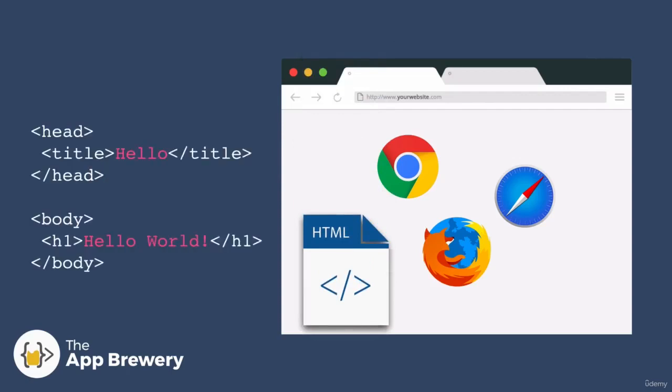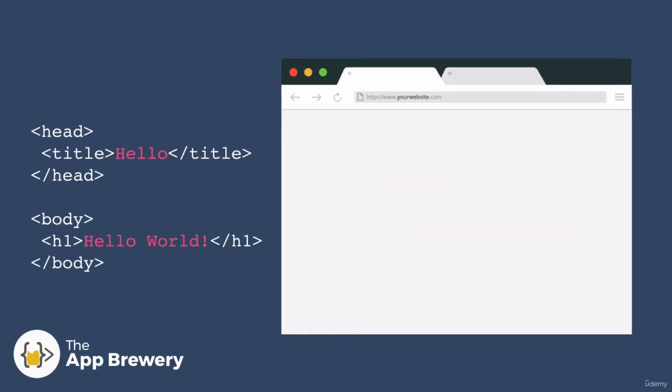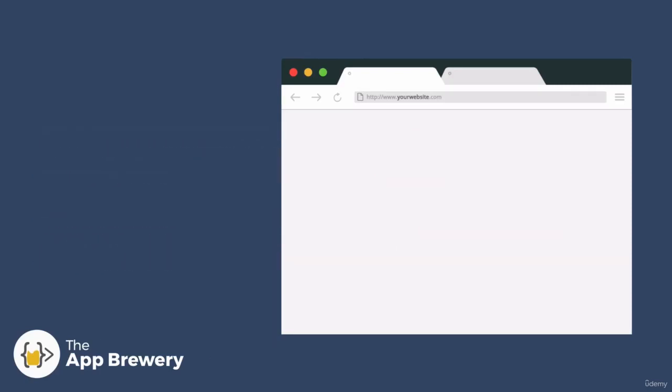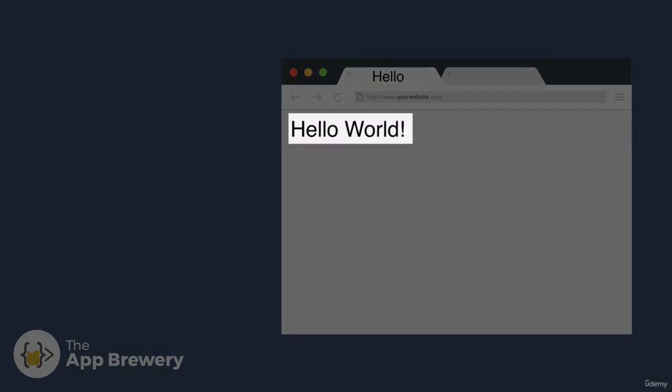For example, we've got a little bit of HTML code here that says that our website should have a title called Hello, and in the body, there should be a heading that says Hello World. So if we pass that code into our browser, it will open it and display it like so, with the title of the website usually on the tab bar, and that H1 or that big heading showing up in the